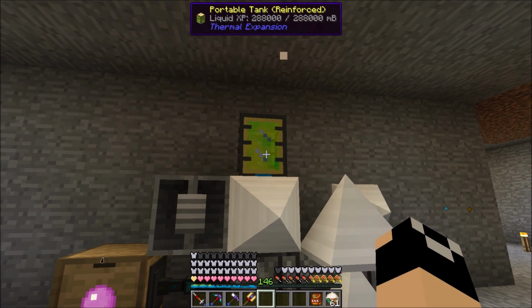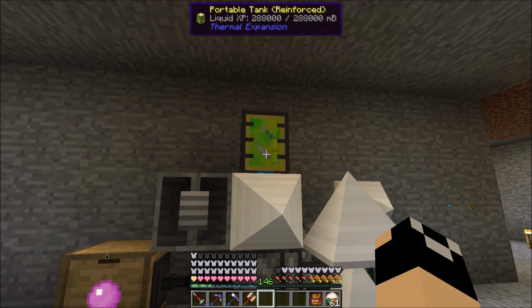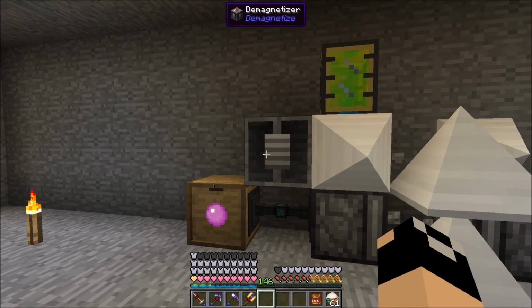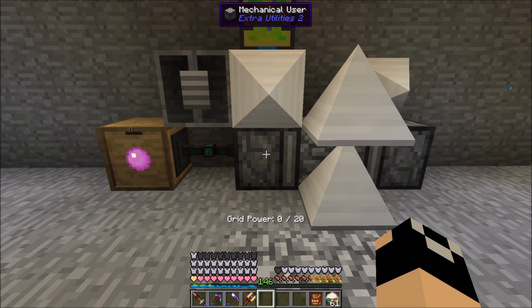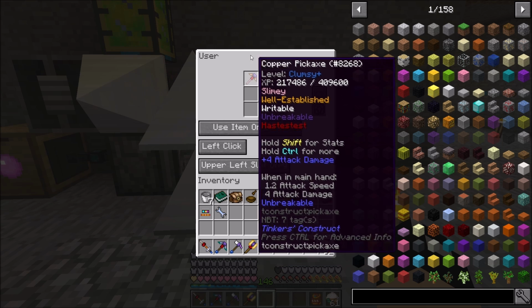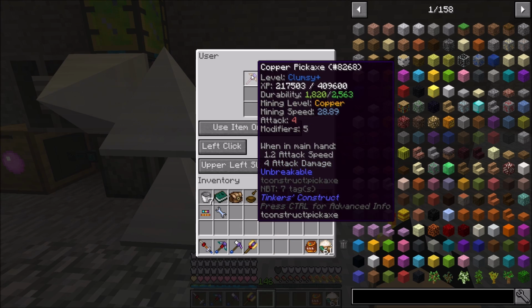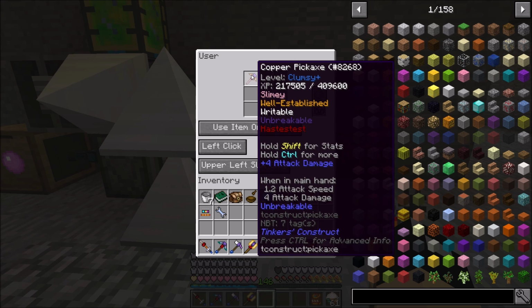And it also makes XP, which is currently backed up. I just don't have any need for XP. As you can see by the levels on me, I just don't need it. Basically what it's doing is the copper pickaxe has slimy on it from the rod, and it has a chance to spawn pink slimes. And this thing is just breaking stone is all it's doing. And it's unbreakable. Haste just...